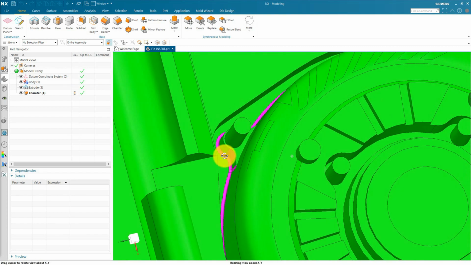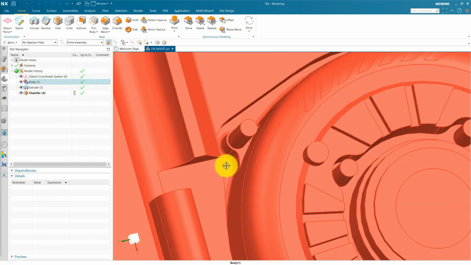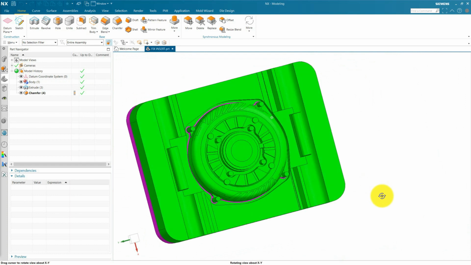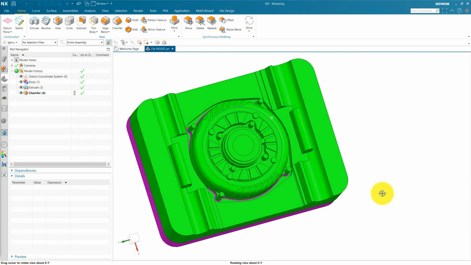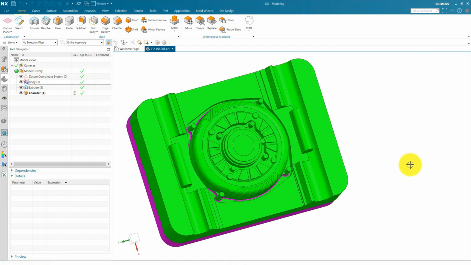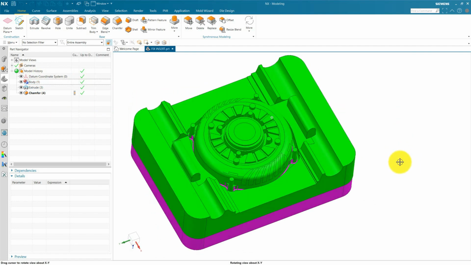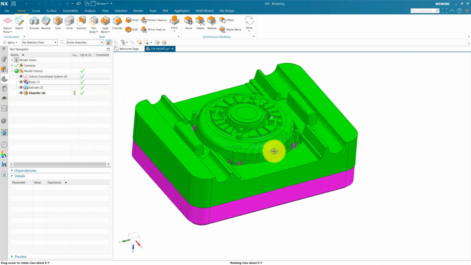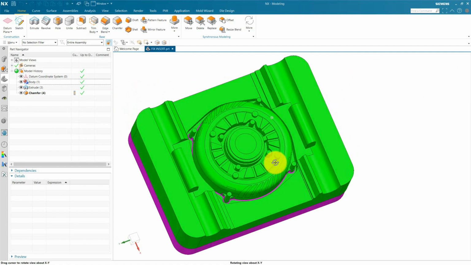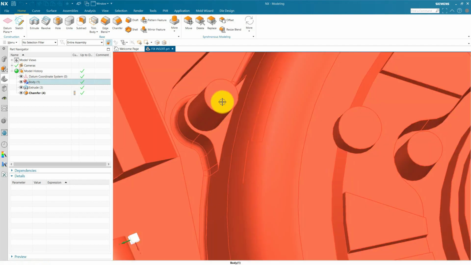In that case, we have to replace the broken area with loose insert. If you have a parametric model of die design, it is good to create a loose insert where you do splitting for core cavity. I have a non-parametric file which I downloaded from GrabCAD. If you want to download it, the link is in the description. After downloading this model, we do some modification on that. We add some thickness on insert and add some radius and chamfer and relief, which you can see in magenta color.